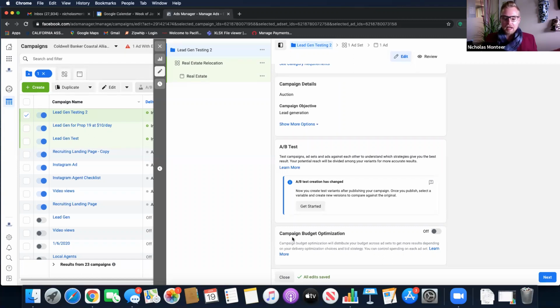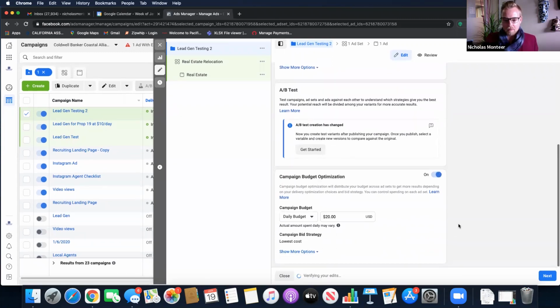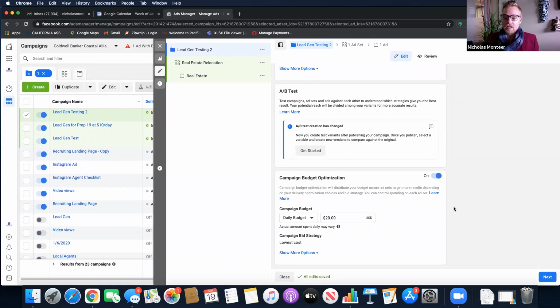So down here, you've got campaign budget optimization. Now, this is actually pretty cool, and I've been reading up on this more. Again, big thanks to Peggy Castle for helping me out with this. What this really does is it tries to put money behind your ad at the best times it thinks that your ad will perform. So this also has to do with time of day, the day of the week, everything, when Facebook is seeing traction. Also, it has to do with placement on the platform as well. Keep in mind, it's not just about seeing your ad in the feed. It also shows up in the marketplace and the side ads all over the place, even in Messenger sometimes. We'll get to that in a second, but that's what campaign budget optimization means.